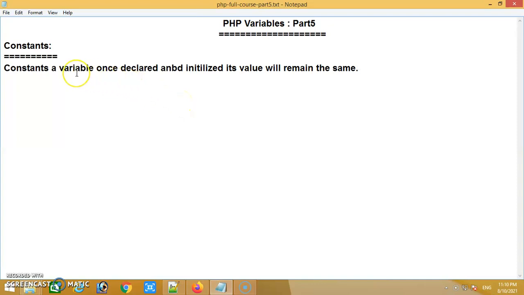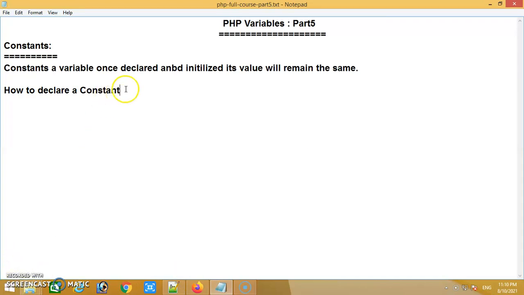Okay, so this is the constant in PHP, and how to declare a constant.